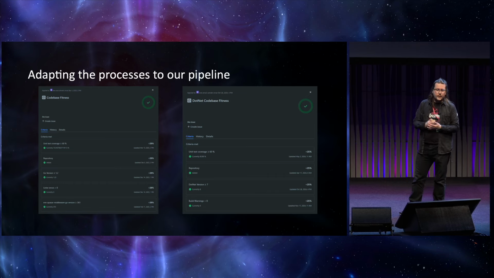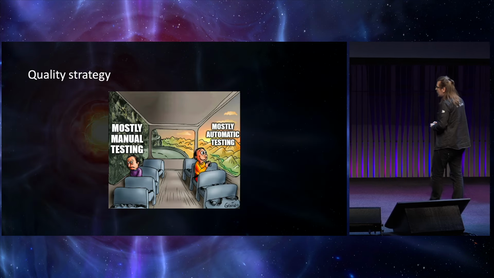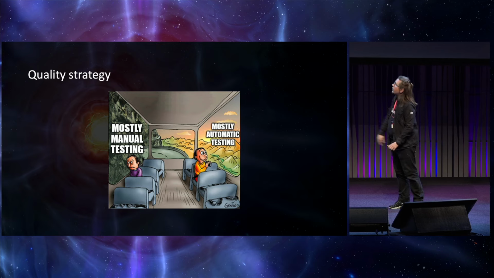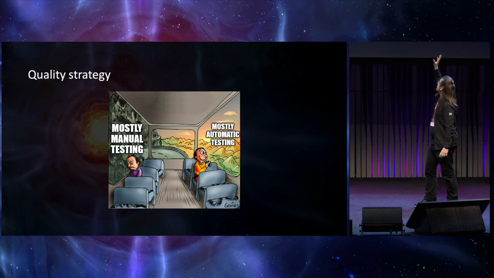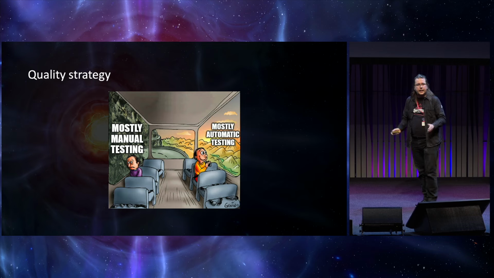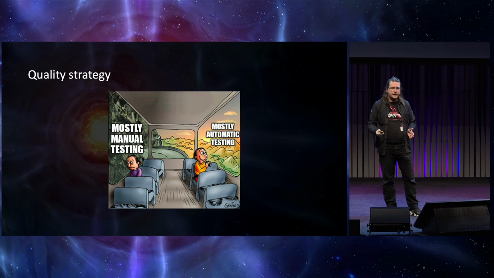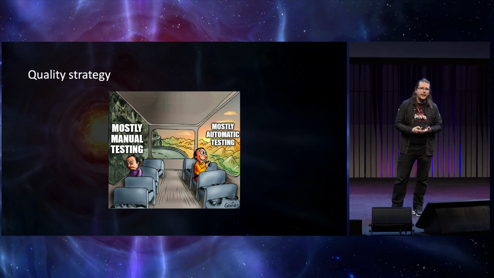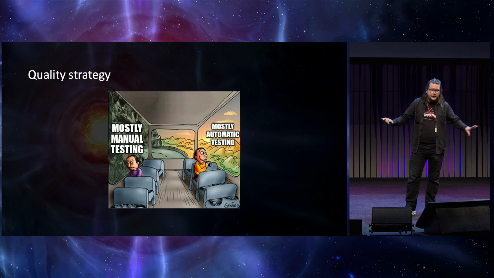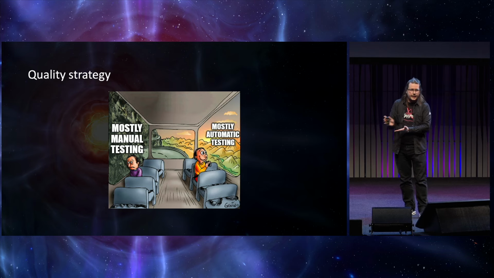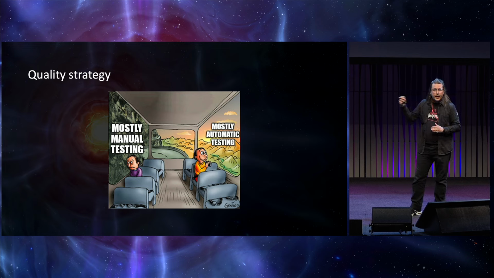And hand in hand with this migration of our CI processes, we've completely transformed our quality strategy. Over the past year and a half or so, we've gone from mostly manual testing to mostly automatic testing by creating a suite of automatic regression tests that have nearly completely replaced our manual testing before release. Now, to be clear, this is just for Team Payments and Services and does not replace unit and integration tests. These are end-to-end tests that run against a live testing environment, closely mimicking a real user's behavior.